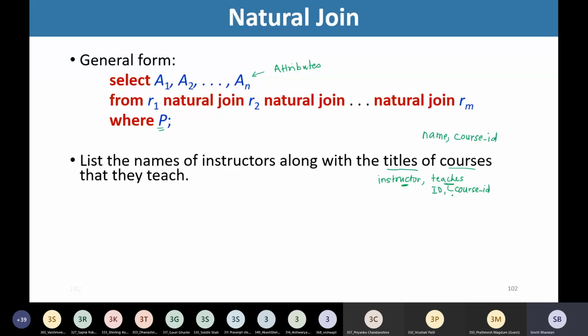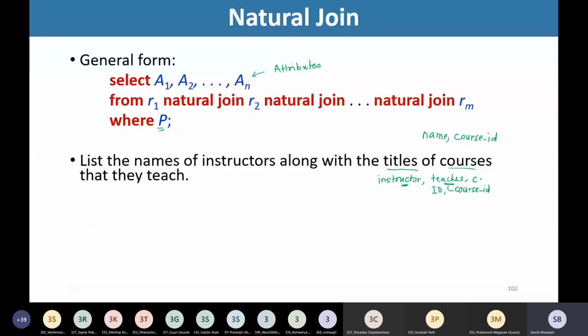But we do not have the title of the course in this teachers relation. But now we want to extract the title of the course along with the name of the instructor. So where is this title of the course available? In which table? Course. Course table? Yes. So we need to make use of one more table here, and that is course.